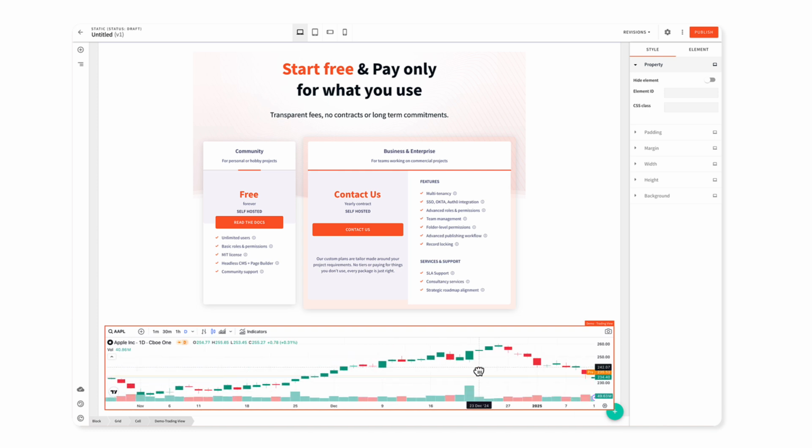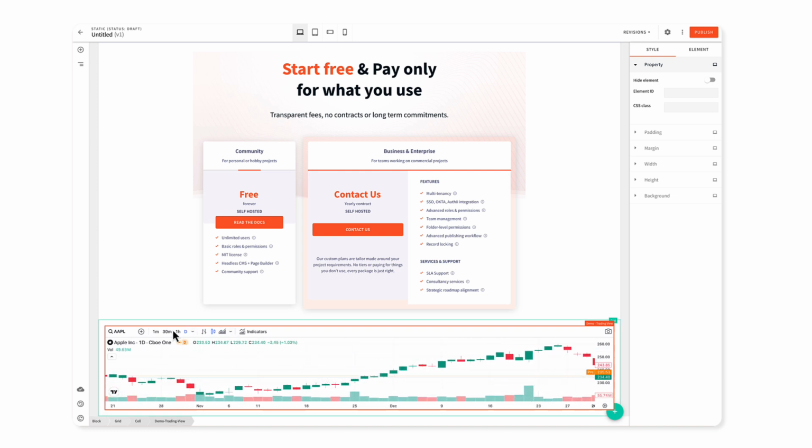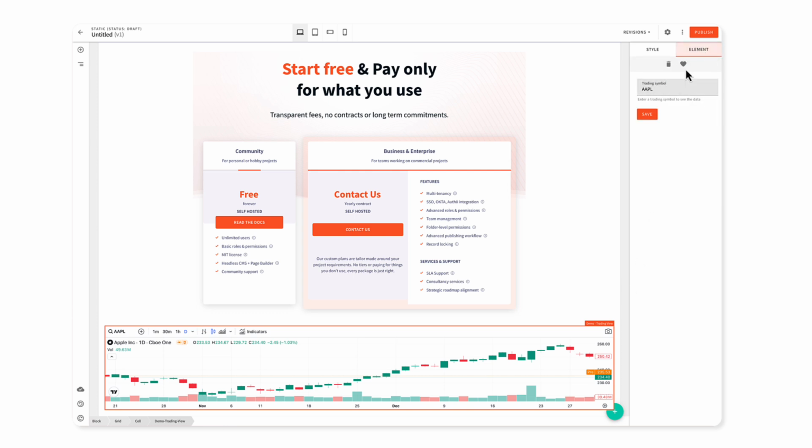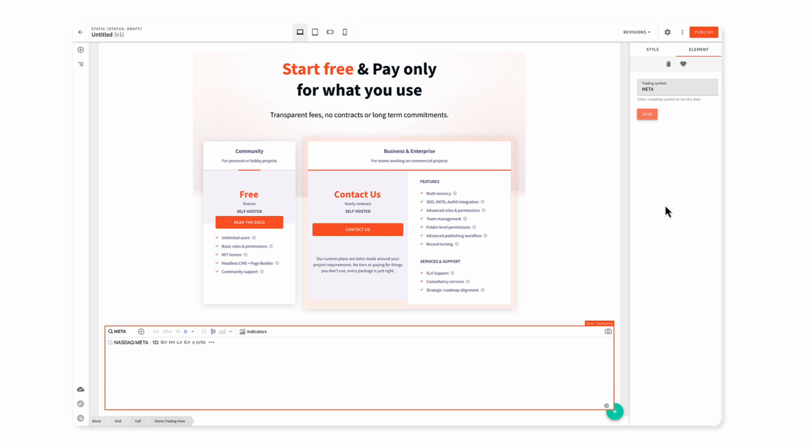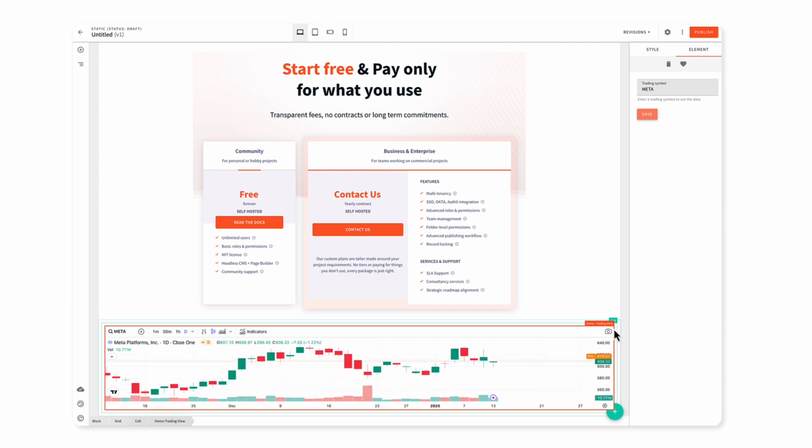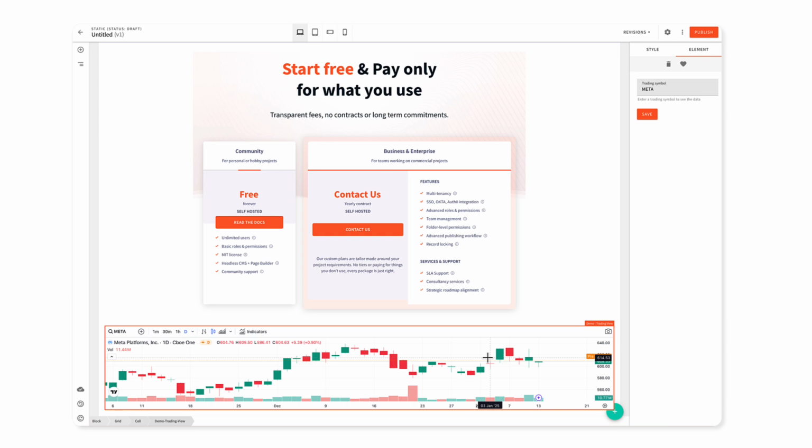Okay, so for example, here we've got a component that shows the specific stock ticker. So here we got Apple, and you can see this component is fully interactive. But besides just the component being interactive, as you're building custom components, you can expose certain configuration elements. For example, this element exposes the trading symbol. Let's say we want to change the trading symbol. You can see it immediately reloads. So you can see you can create elements that pull data from dynamic sources, that embed third-party JavaScript libraries, and that they are fully interactive and configurable